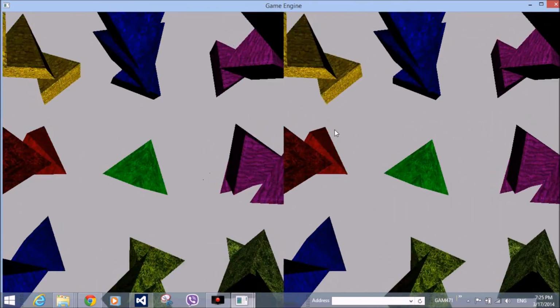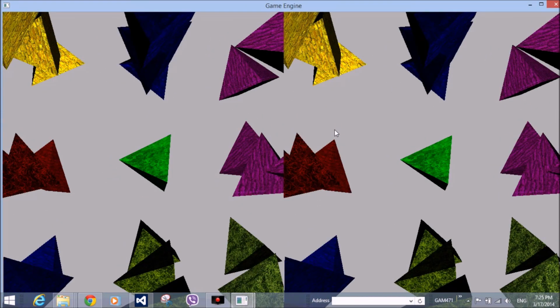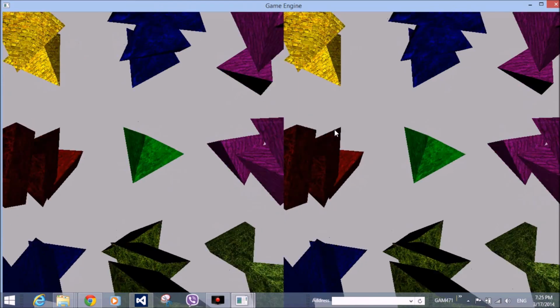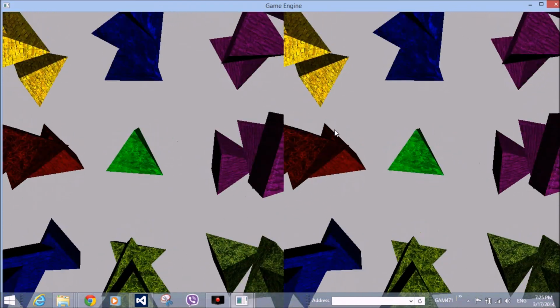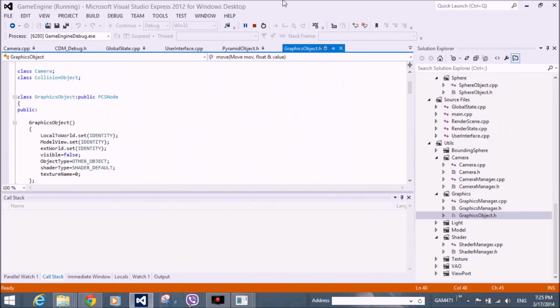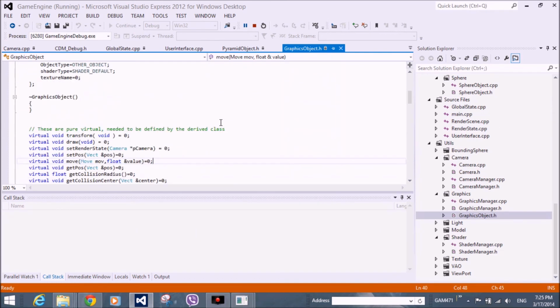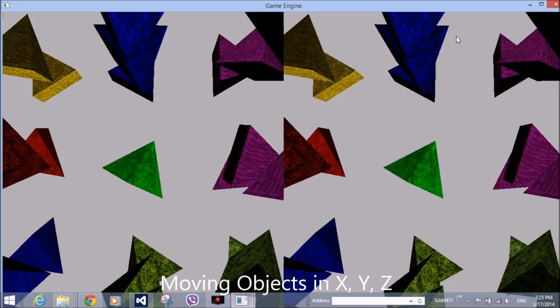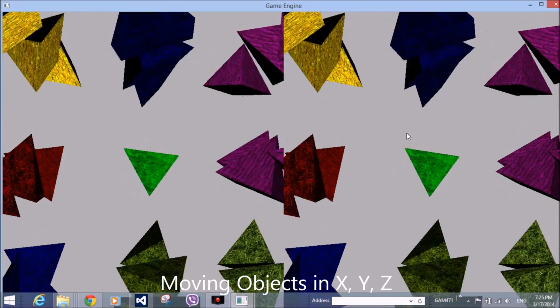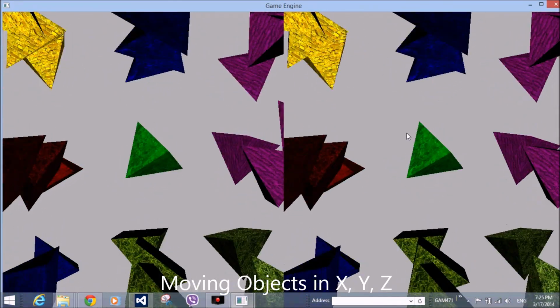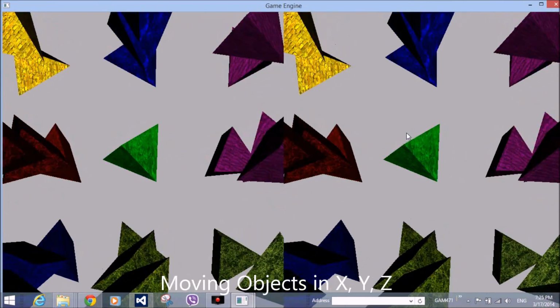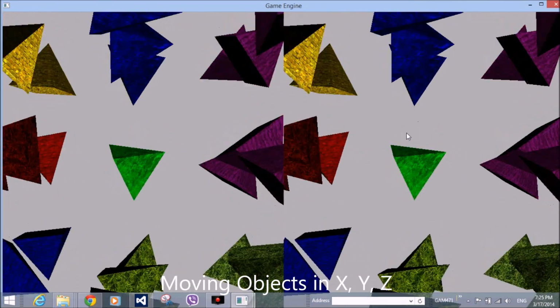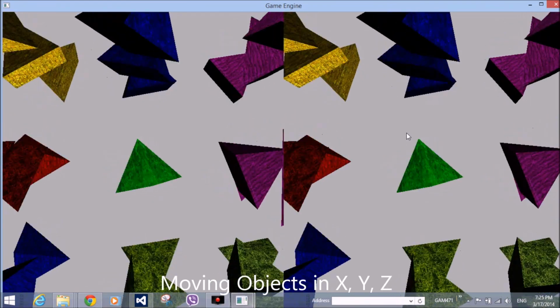All the displayable objects here are implemented from graphics object, which is implemented on PCS tree. So the graphics object mandates the derived classes to implement certain methods, and the move method is also one of them. Which means that movement controls are not just applicable to cameras, they are applicable to individual objects too. So I'm going to move the pyramid object right now, which is at the center,